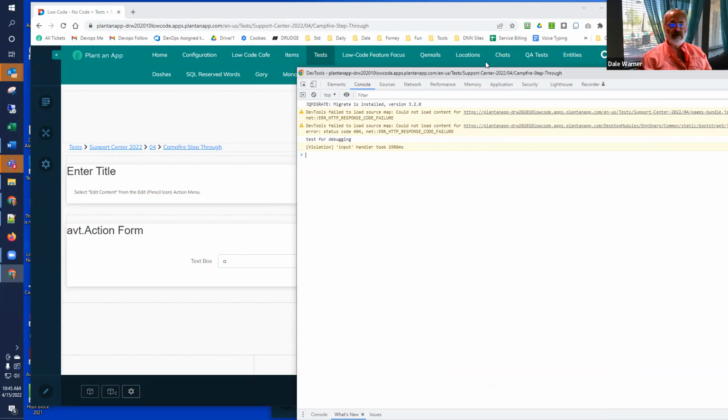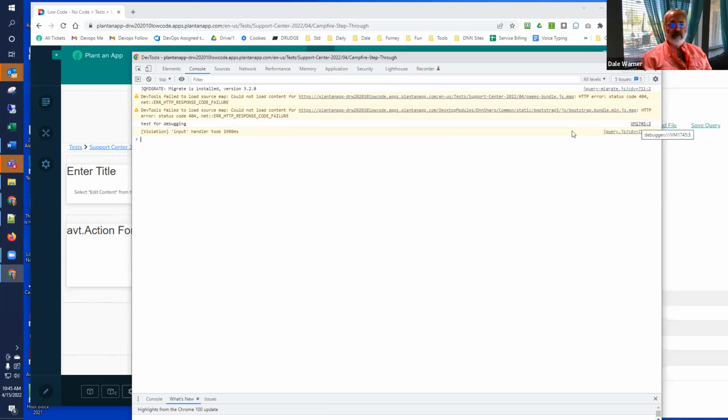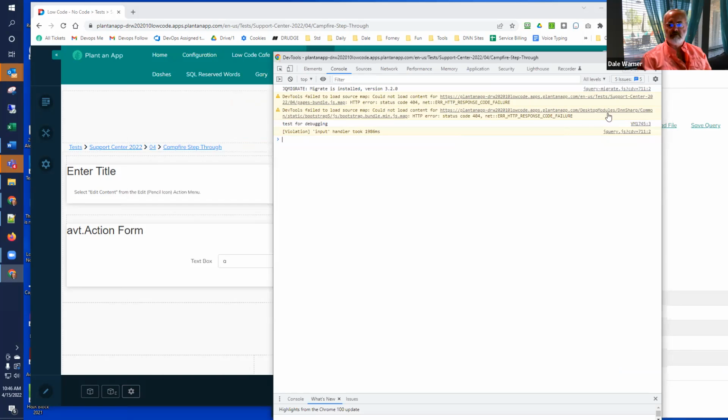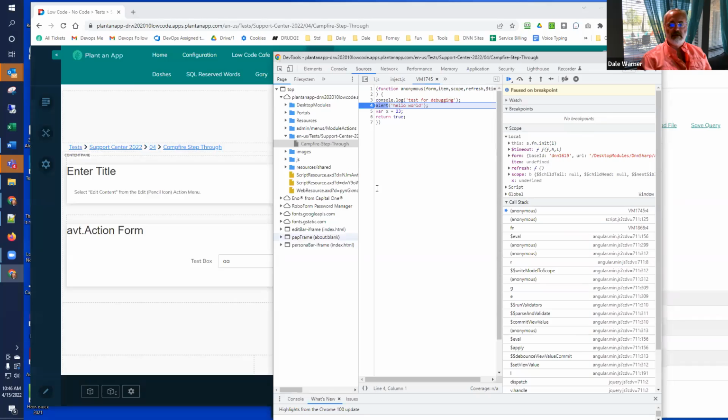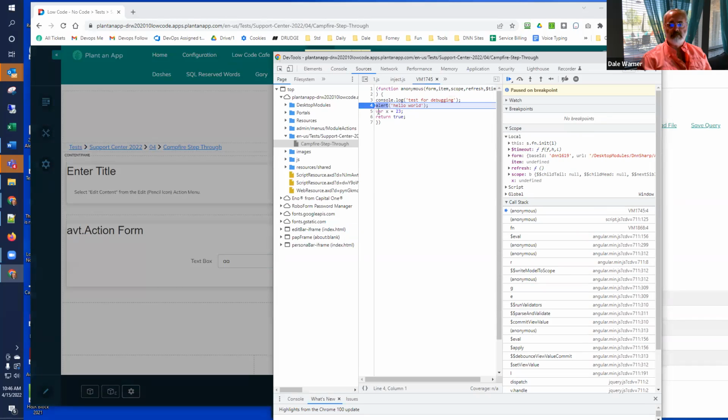When I click into this for a debugger, I can now see my script and set a breakpoint on something, so that when I run it again, now it stops here